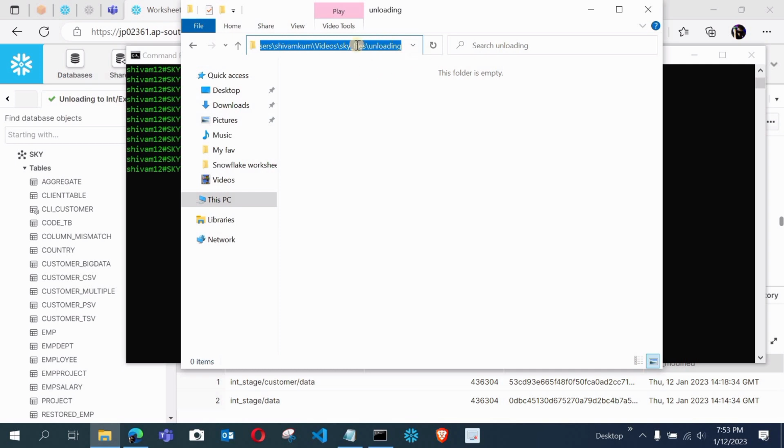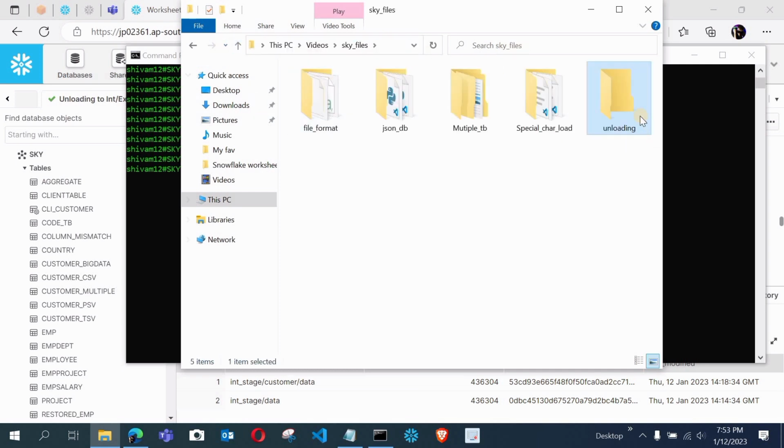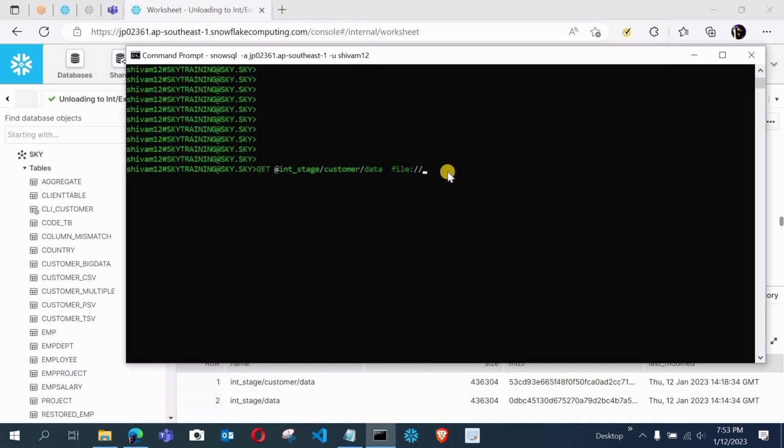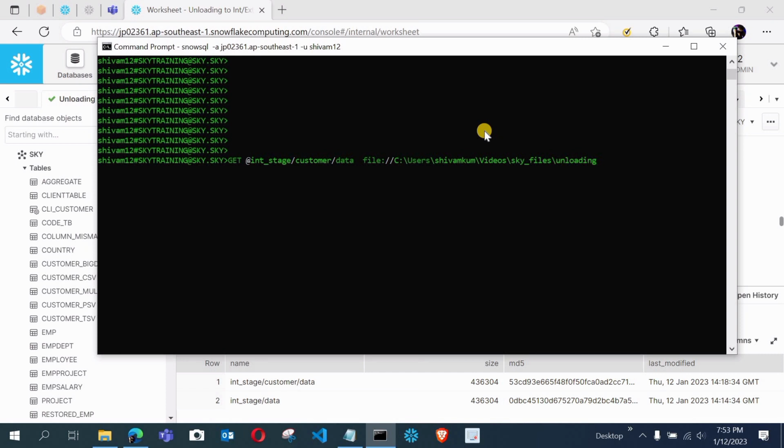Now you will see this is my unloading folder, and I don't have any file here. The folder is empty. So we copy this path because I want to download the file here. After pasting your path, you have to give the semicolon.